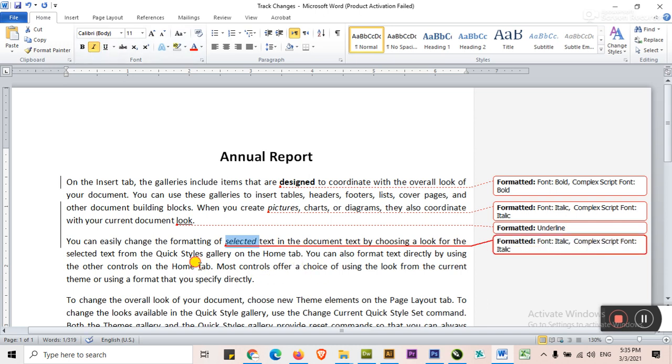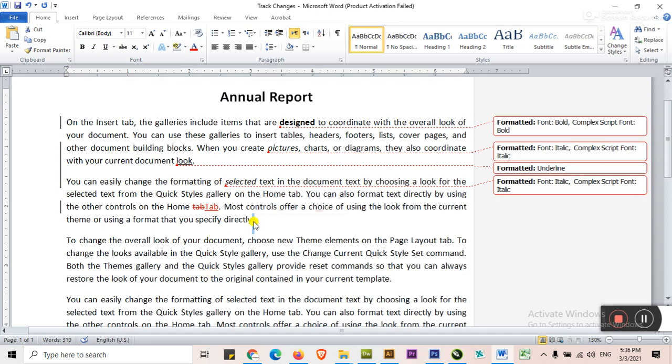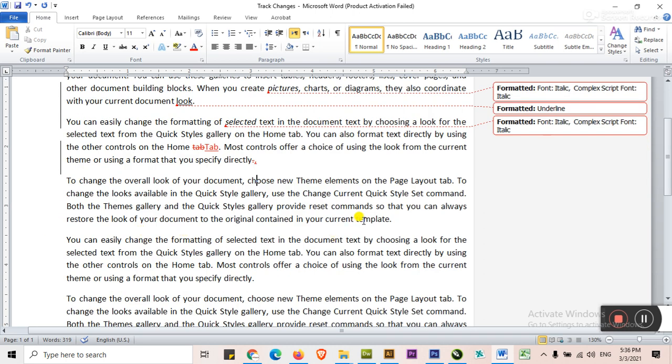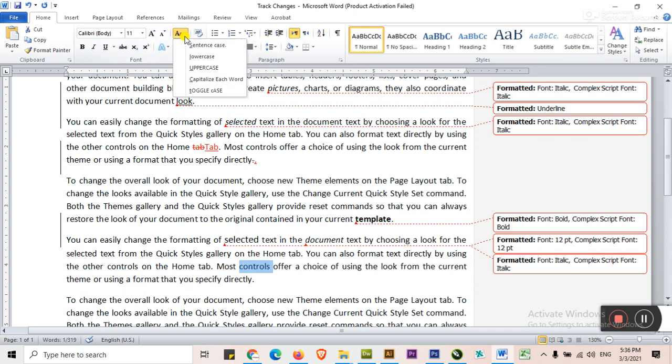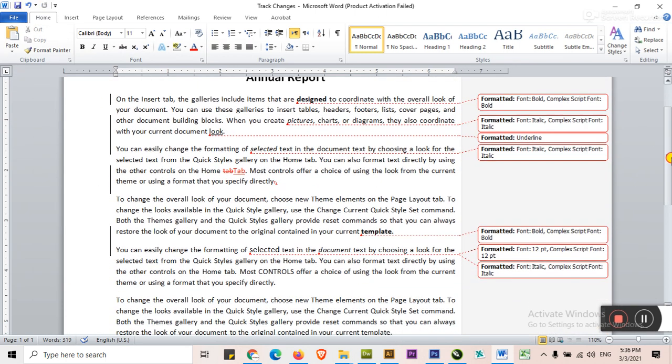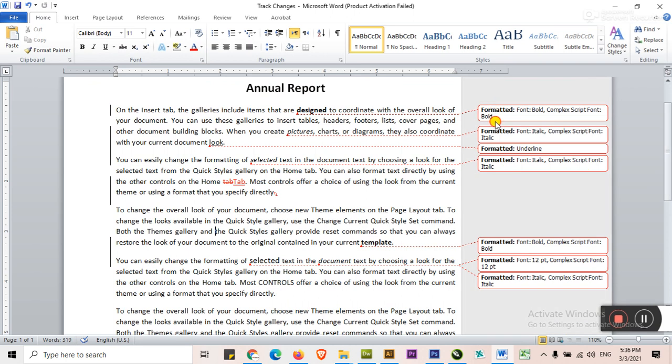Just click here and it should be a capital T. There should be a comma in every line that shows the vertical lines, because there are some changes in this track. Template, bold, document, italic, increase its size, change case to uppercase, and just save this. These were the final changes that the second person has made. These show the changes with the help of these markup areas.